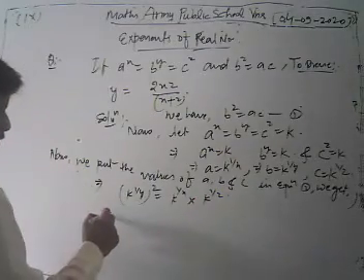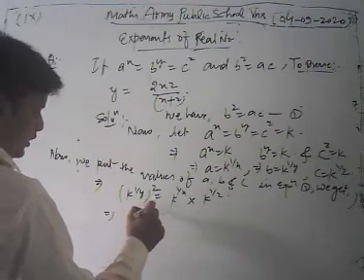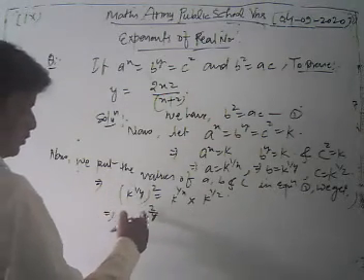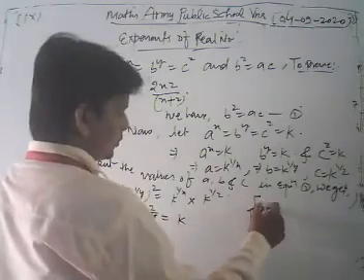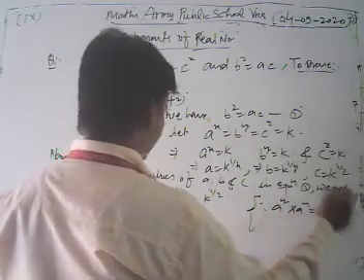Now look. Now we simplify. Here we apply the laws of exponent. We get k to the power 2 upon y. Here we get k to the power 2 upon y is equal to... If you know the basic laws of exponent, a to the power m into a to the power n, then you write a to the power m plus n.